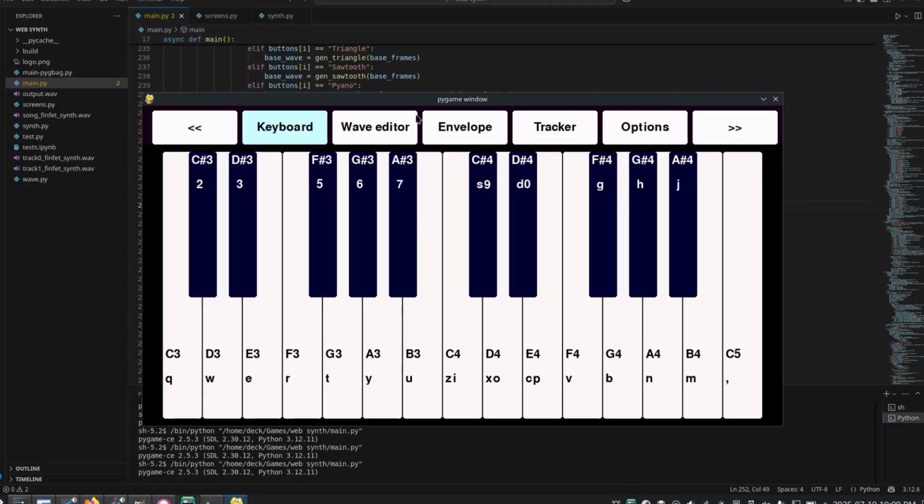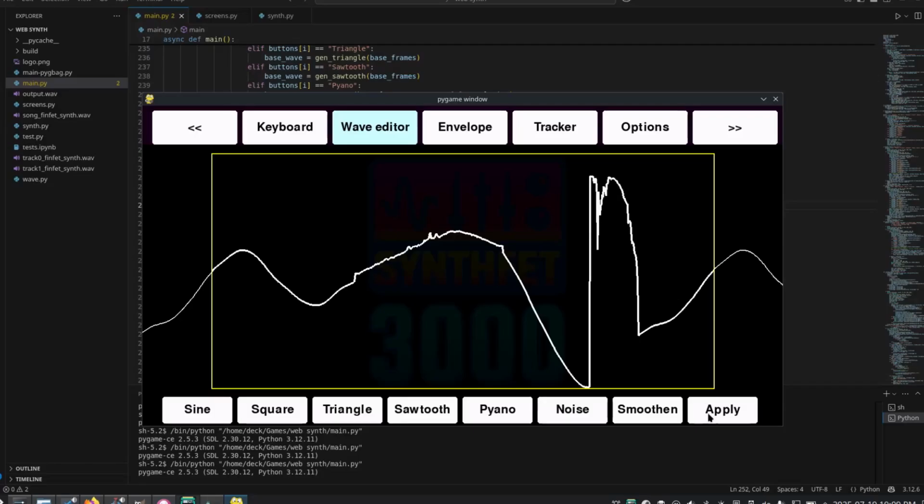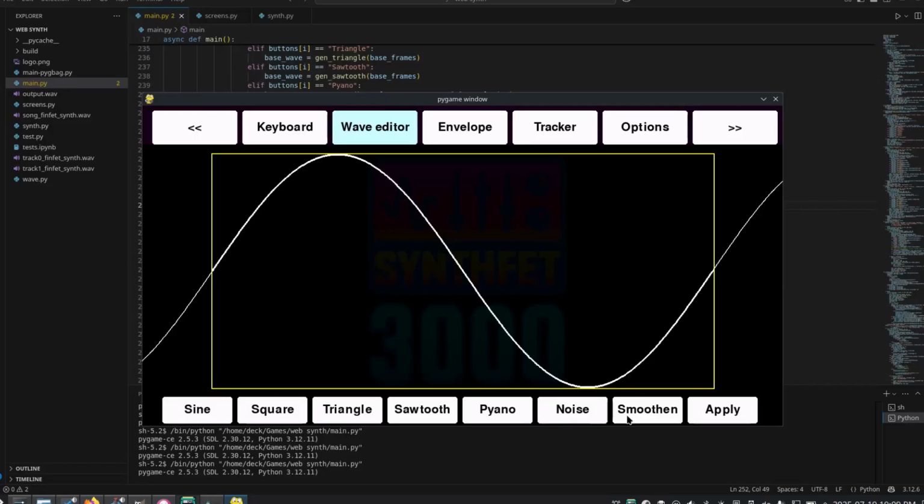The second screen is the wave editor, where you can draw the waveform that will be played. Yes, what you see is what you will hear, and it is kind of fun drawing different shapes of waves to hear how they sound like. I also added buttons at the bottom for predefined waveforms like sine,